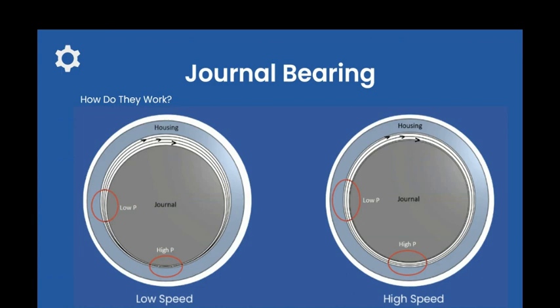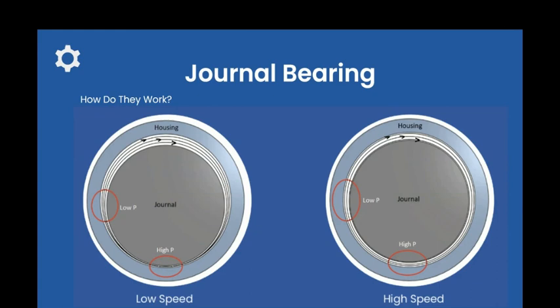While the journal rotates, it moves the fluid with it, and the journal precesses around the inside of the housing. This moves these regions of lower and higher separation around the circumference of the housing. In order to satisfy conservation of mass at the location with small separation, the flow rate in must equal the flow rate out. Because the Reynolds number here is low, which we will see in the next calculation, the flow is laminar. As such, the pressure increases as the distance between the journal and housing decreases, and pressure decreases as